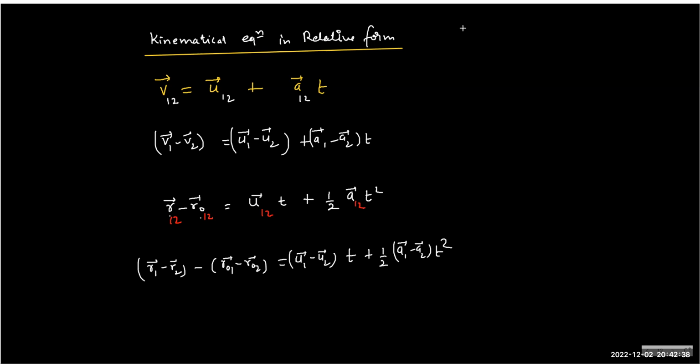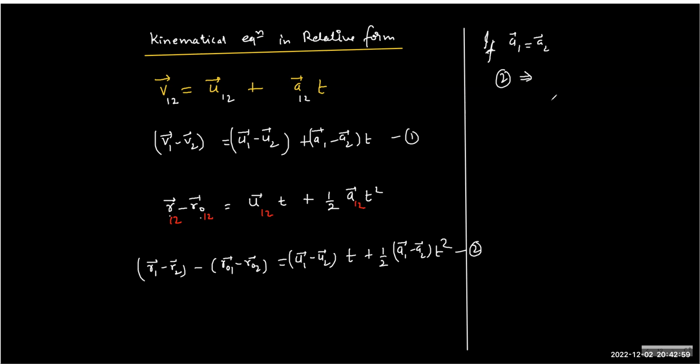That's a very famous question. If a1 equals a2, in direction and magnitude both, then tell me what will happen. The equation becomes